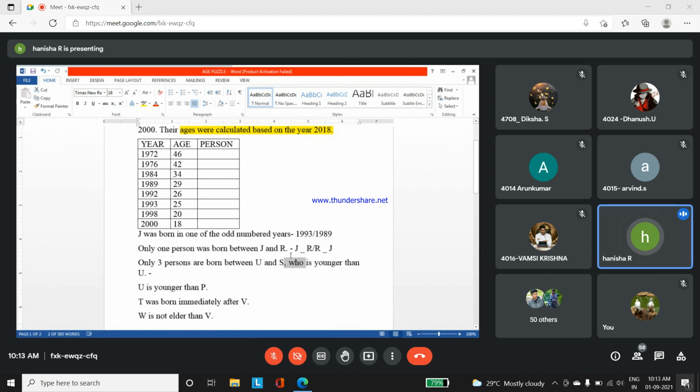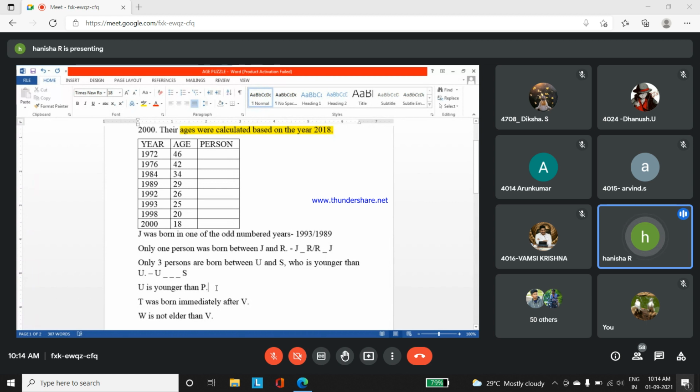So here it represents the yes. Who is younger than you, which means yes is younger than you. The only possibility is you have you, 3 spaces because you have 3 persons in between, and then you have yes. So in the rough paper I will mark it as 3 and then put U, 3 slashes, and yes. Here you don't have any other possibility because it is given very clearly. Okay. Now next,